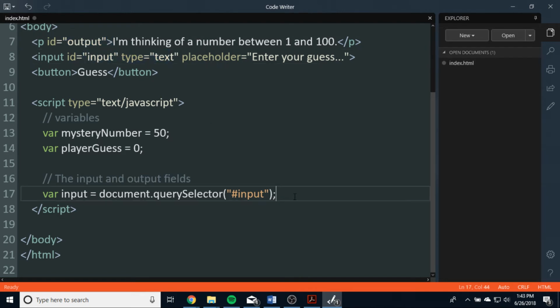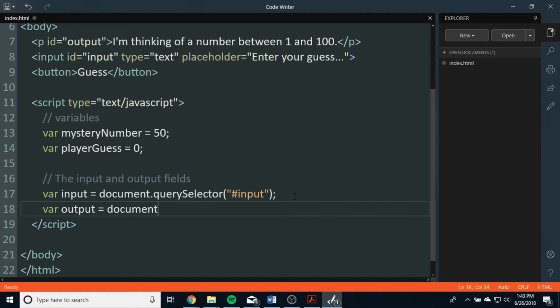Then I'm going to do the same thing with output. Var output equals document.querySelector, and output. And that's going to do the same thing here. So we're going to use this query selector output to tie our new variable called output to that paragraph element up there on the page. Perfect. Now we want to set up our button